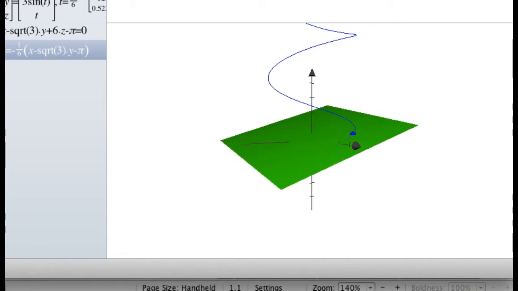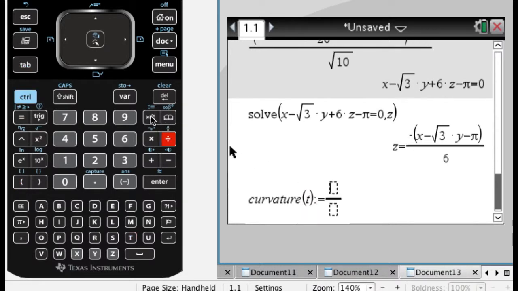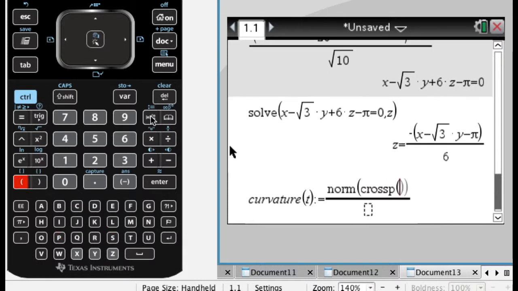Now what we're going to do is figure out the equation of the osculating circle. To do that, I'm going to need the radius of it, and the radius is actually the reciprocal of the curvature. So what I need is curvature. The curvature as a function of t is what I'm going to define here. It is the norm, which is menu 77, but I'm going to type it, of the cross product, which you can get from menu 7c, but again, it's faster to type it, of